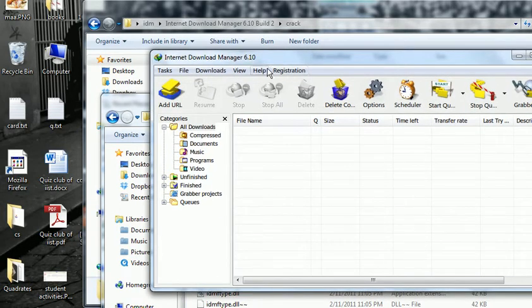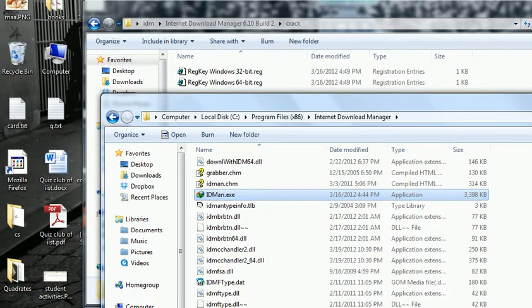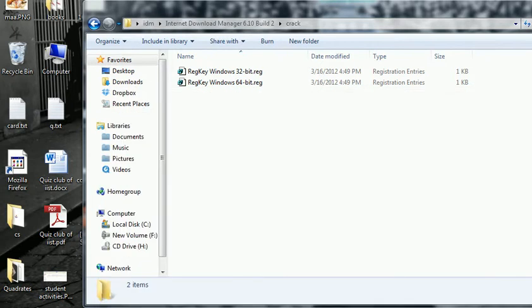After that, if you check whether your registration has been completed or not, click on registration and you see this looks like you can't click it because it has been cracked. It won't ask for registration anymore. So the software has been cracked for you and you can use it for free for lifetime.